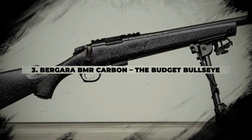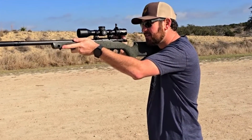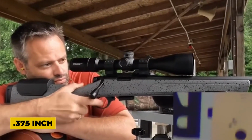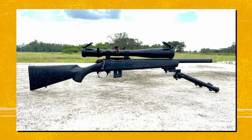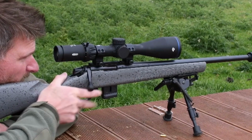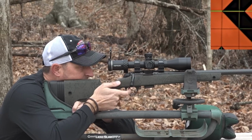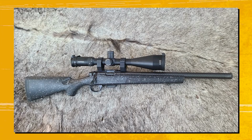3. Bergara BMR Carbon, the budget bullseye. Number 3's a sleeper, the Bergara BMR Carbon, a $650 rifle that's a tack driver on a budget. I shot .375-inch groups at 50 yards with Lapua long range, close to your .308's 1-inch at 300. In Texas, I drilled 100-yard bullseyes, every shot in the X-ring. Its 18-inch carbon fiber barrel and 10/22 mag compatibility deliver 1,100 FPS with 40-grain bullets, rivaling a $1,500 Ruger Precision